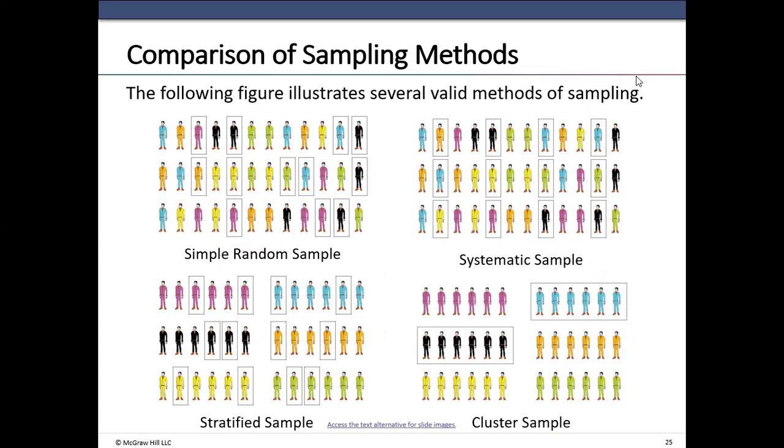Okay. Systematic sampling. Here you start at position 2 and then every third one after that. So the second person is selected, so second plus 3 is fifth, fifth plus 3 is eighth, and so forth. So that's systematic sampling, top right. Bottom left, stratified sampling. You divide the population into strata based on the color of the uniforms, and then you select a simple random sample from each strata. So it is stratified sampling.